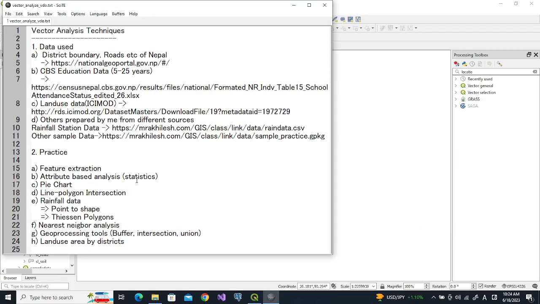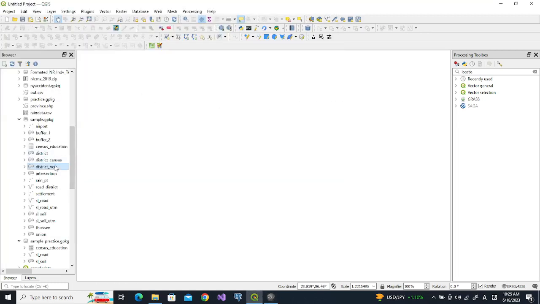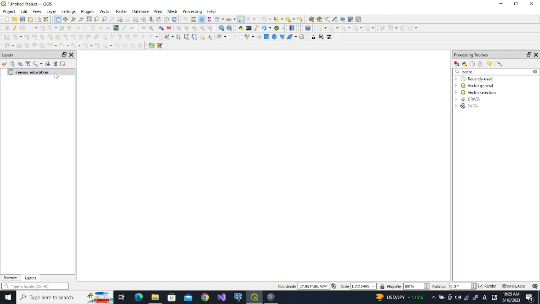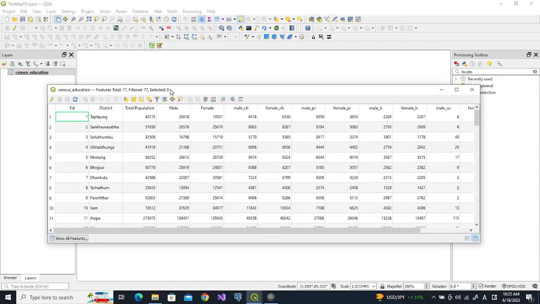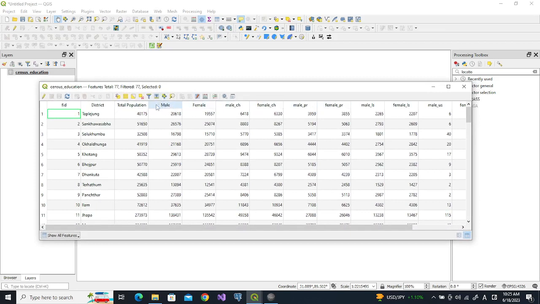Now we are going to do attribute based analysis, and we'll create a pie chart based map. So I will use this census data downloaded from this CBS website. So let us check what are the attributes of this census education. So it is a tabular data, doesn't have any location information, so we can only view the table. So we can see what are these attributes. So total population means 5 to 25 years old total population by district, and it is male and female